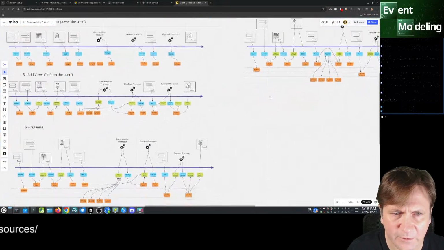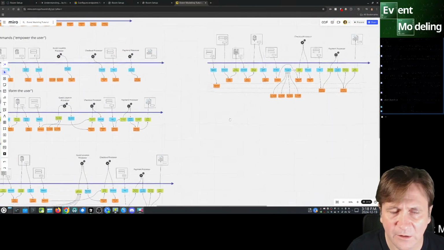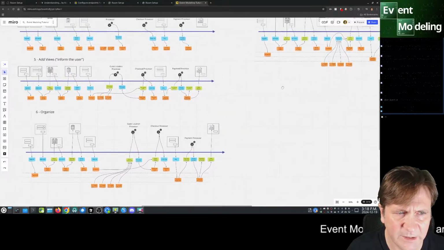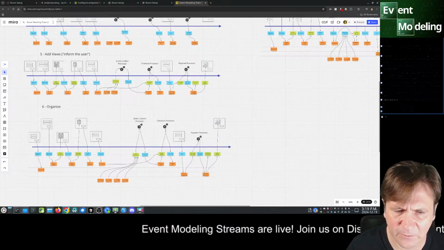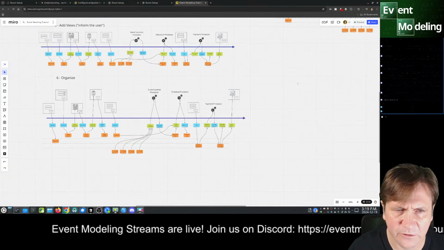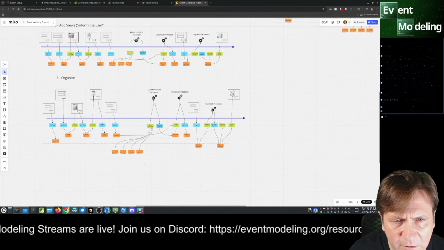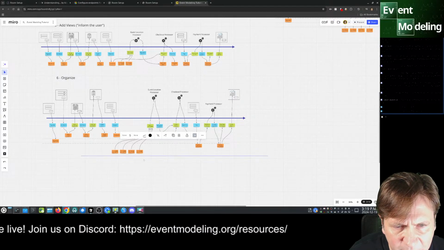But this is the same as this organize. I think I just made a copy so I could block stuff out to show things. I kind of want this a little, oops.